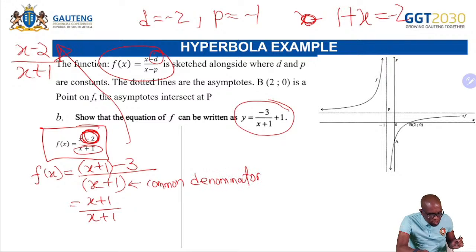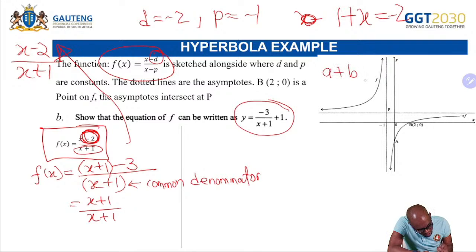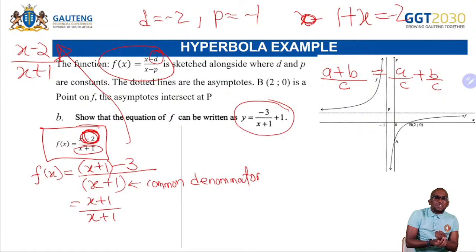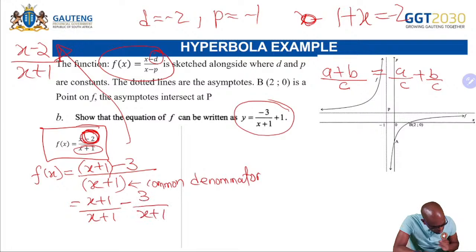If I have a common denominator, for example, if I have a plus b divided by c, this can be written as a divided by c plus b divided by c. I can write it as partial fractions where c is the common denominator. So even here, I can write it as x plus 1 over x plus 1 minus 3 over x plus 1. So now you see that, if you allow me to continue with it here, that is my f